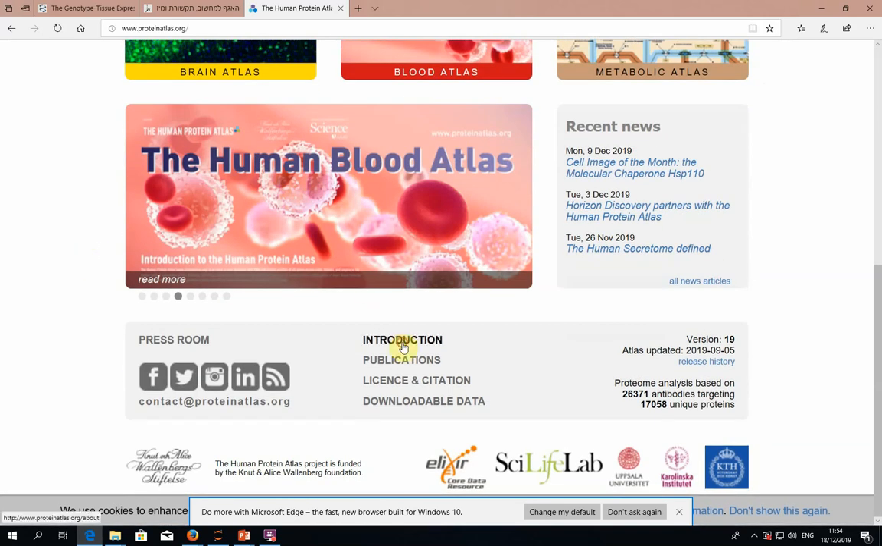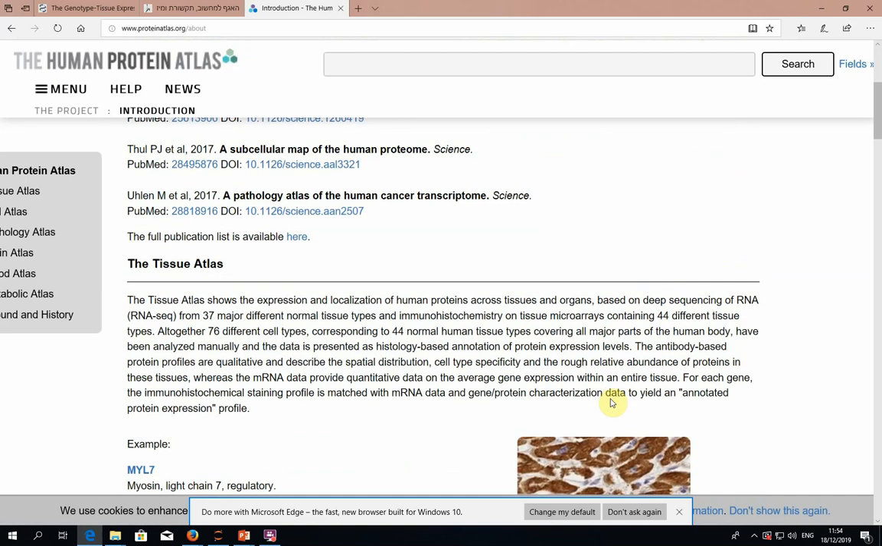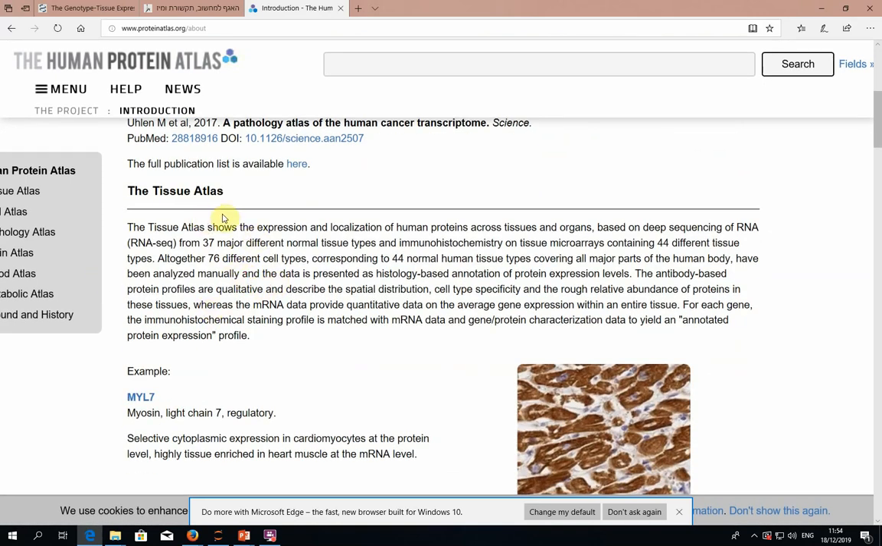So let me just take you very briefly into some of those. I'm taking it from the introduction just to make it very efficient. But one aspect of it is the tissue atlas. As I said, so to look at the tissue atlas,